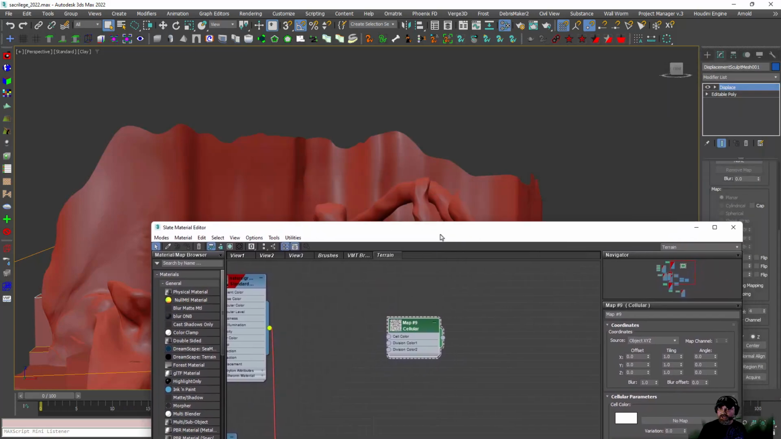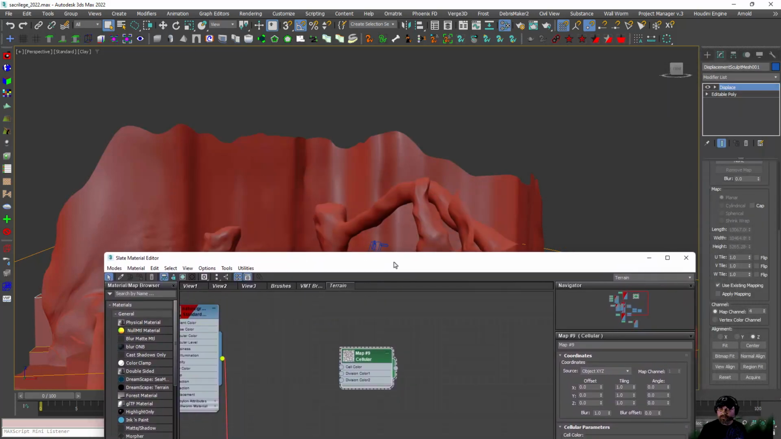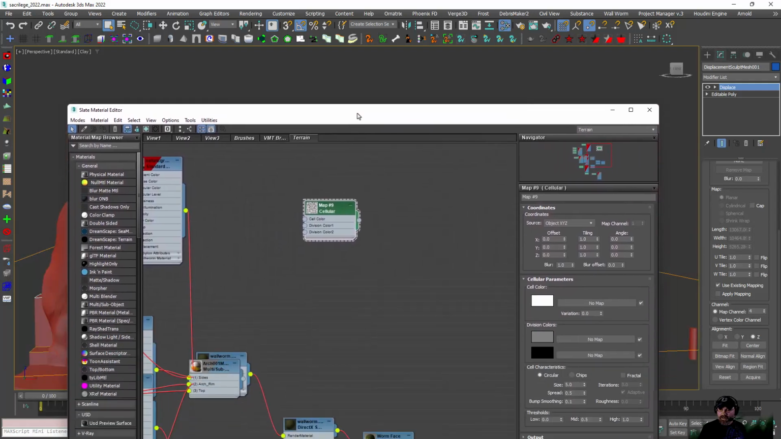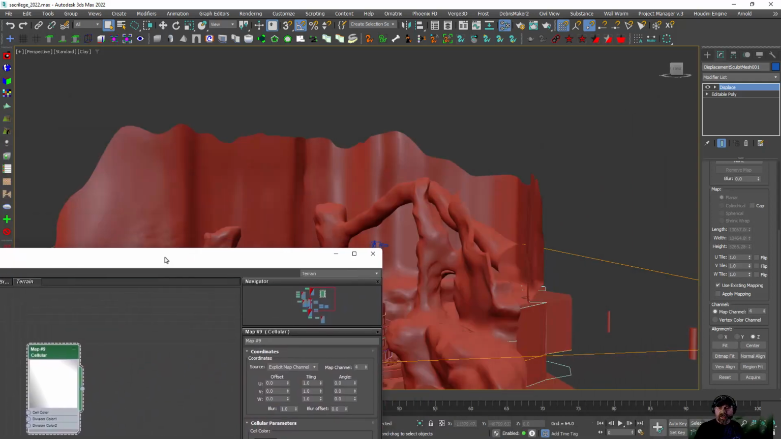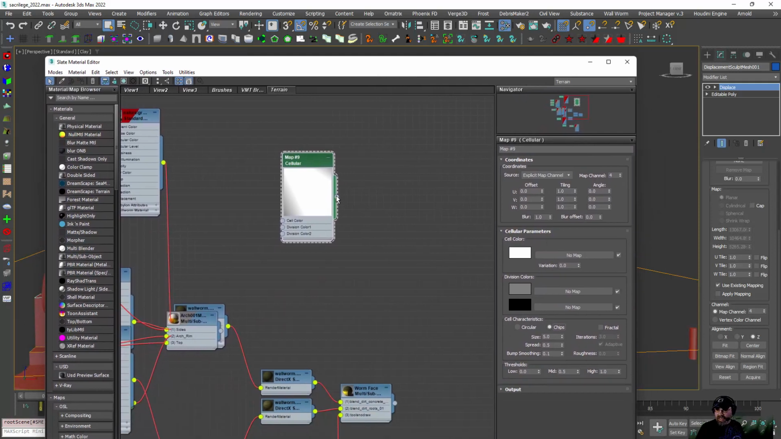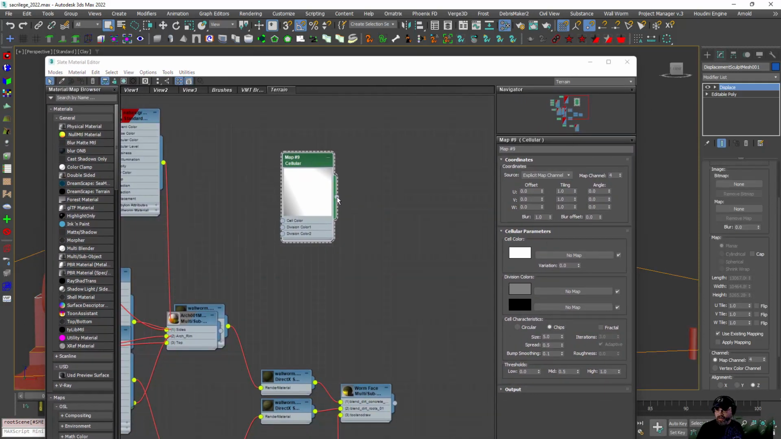And this texture is going to drive the displacements on this. Now, we need to tell this cellular to also use map channel 4. So let's go to explicit map channel 4 and type in 4 here. So now this texture can be applied to our displace. In this case, I want to use one called chips. This is a chip mode here. And if I pipe this texture into our displace modifier,